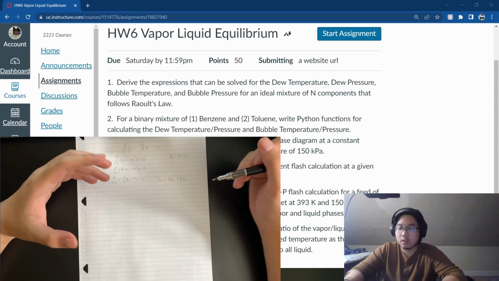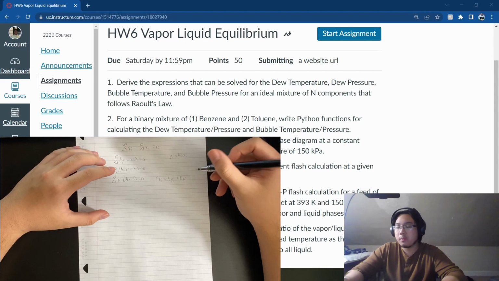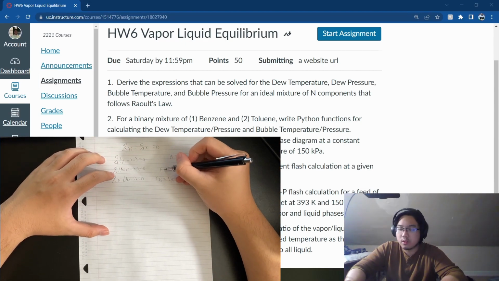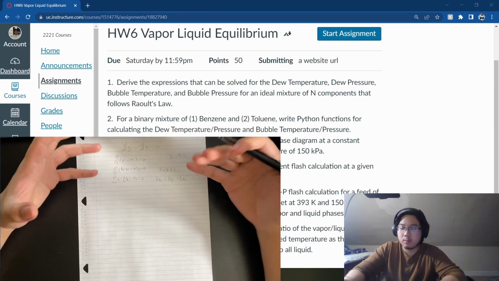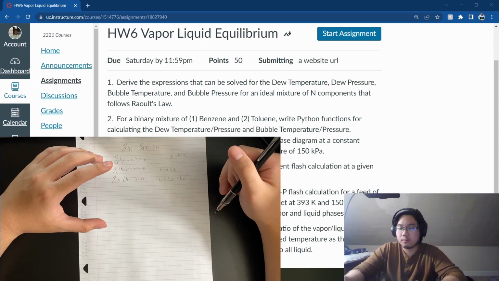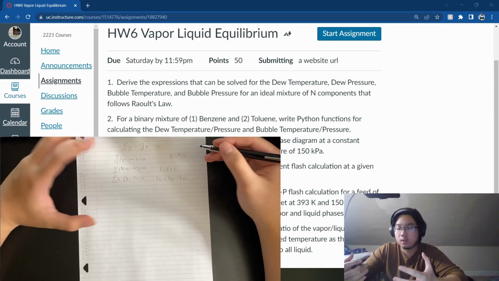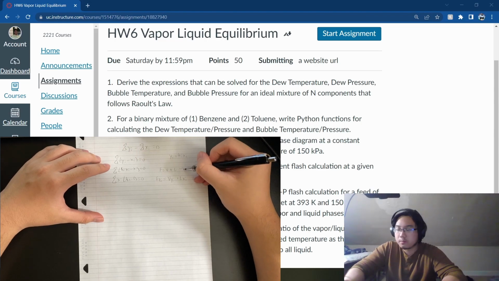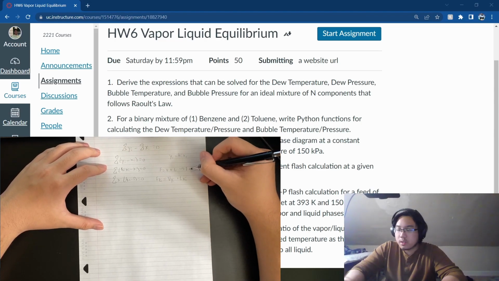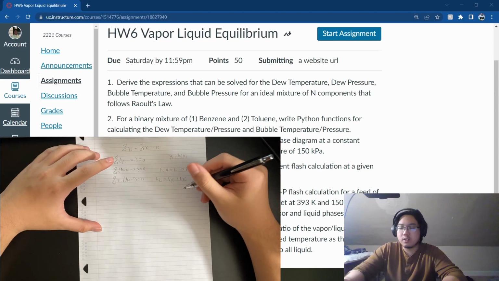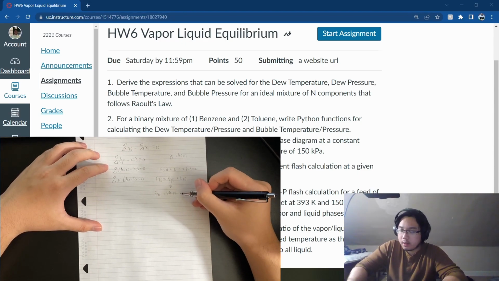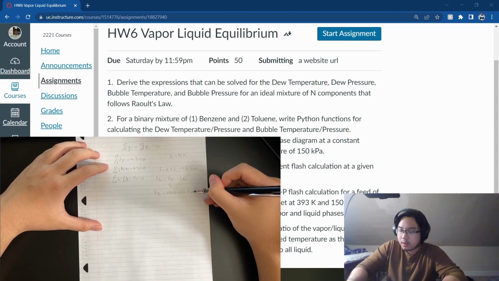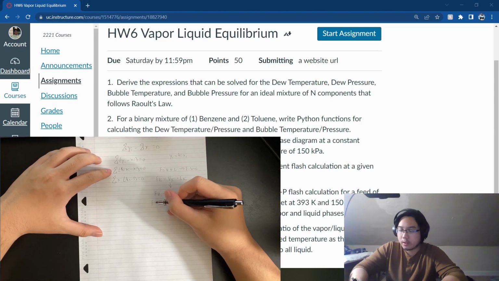And so one thing that we can do is use that earlier substitution, and for this equation this time around, the yi equals ki times xi, and then we can also use our overall balance equation, which was the total feed is equal to the amount of moles in the vapor phase plus the amount of moles in the liquid phase. We can rearrange that to solve for L, and then plug it in to this equation, which is then F minus V is equal to L. And so we'll do this double substitution now, which is then F Zi is equal to V Ki Xi plus F minus V times Xi, and then we can factor out an Xi,